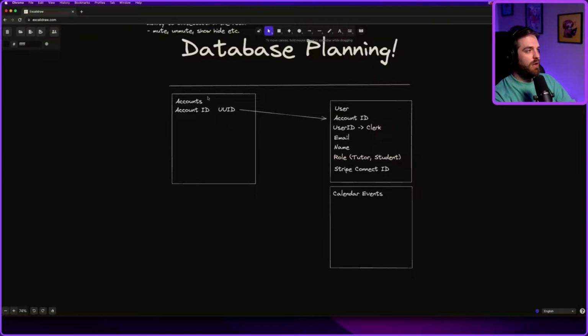Okay. So far in here we only have account ID, so maybe we won't even need this. But there is potential for somebody to be both a student and a tutor. So we'll have to think about that. Anyway, then